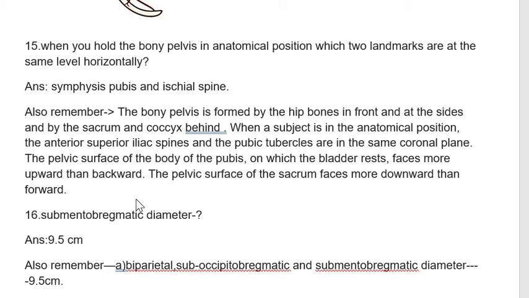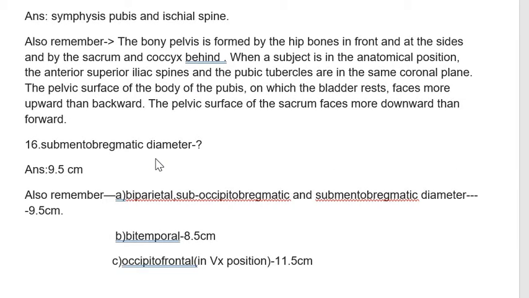body of the pubis, on which the bladder rests, will face more upward than the back bones. The pelvic surface of the sacrum faces more downwards than upwards or forward. So that is the natural position in which the symphysis pubis and the ischial spine will lie in the same plane. Next question is